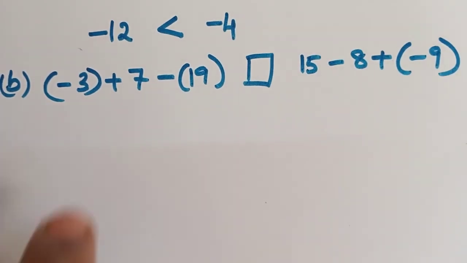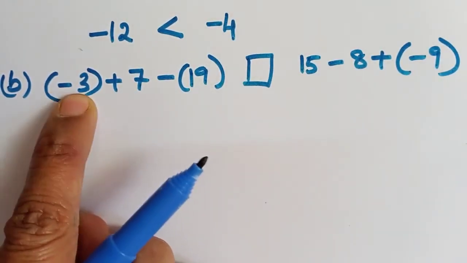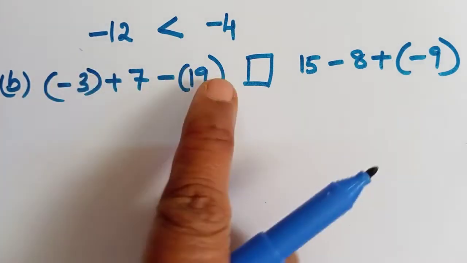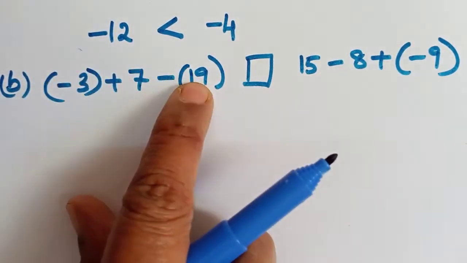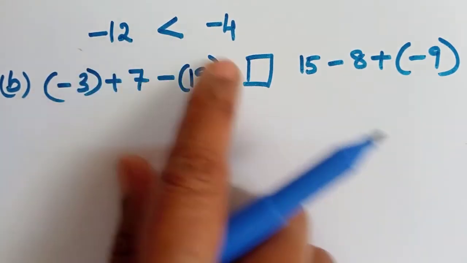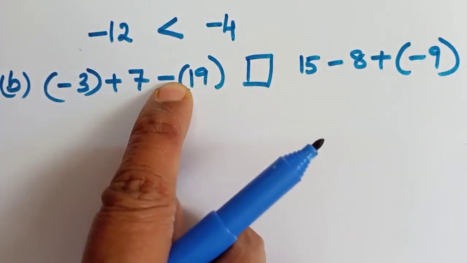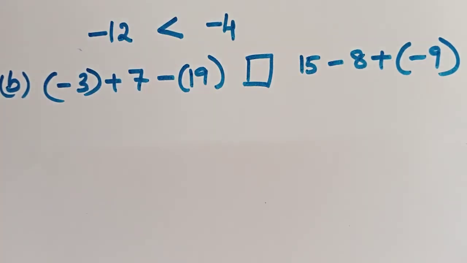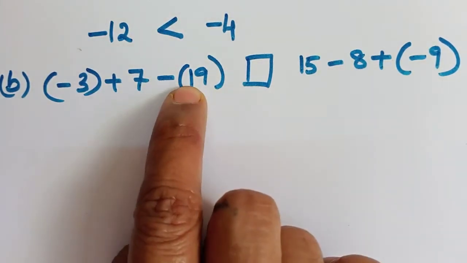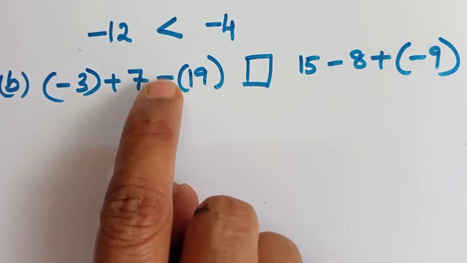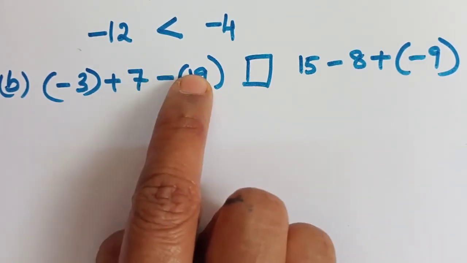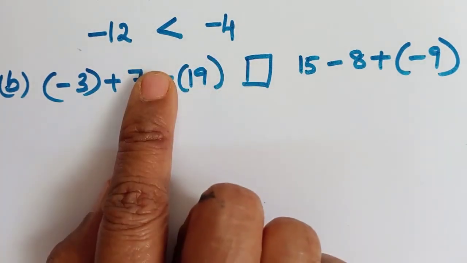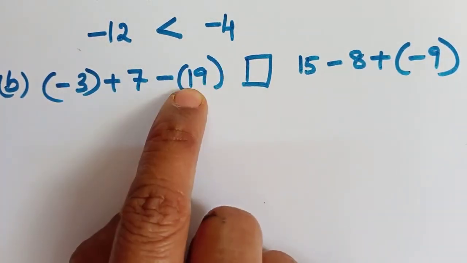Now let us see what it will become. See, this is minus 3 and this 19 is having minus in the front. So minus 3 minus 19. We will add both of them because they both are with a negative sign only. This also should be considered as a negative sign because inside the bracket there is no sign, which means it's plus. Minus into plus, it is minus always. If minus of minus comes, then only it will become a plus. Otherwise this is minus only.